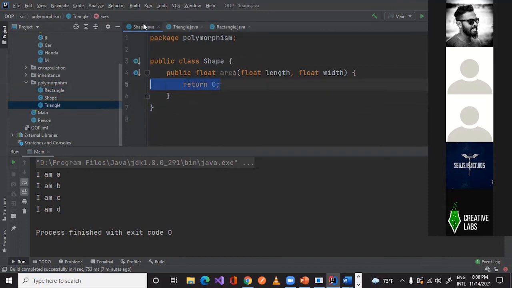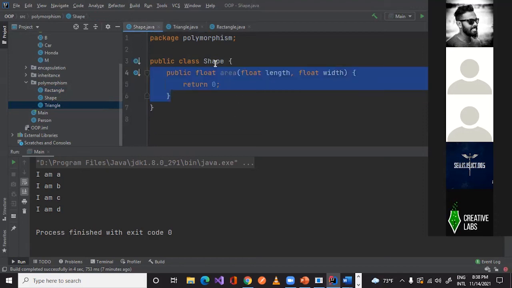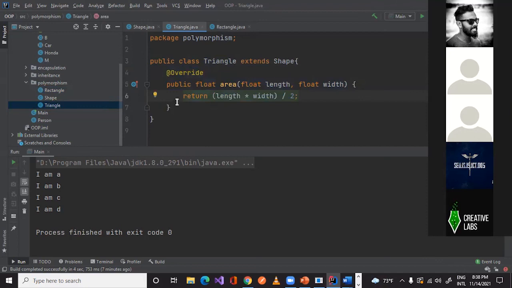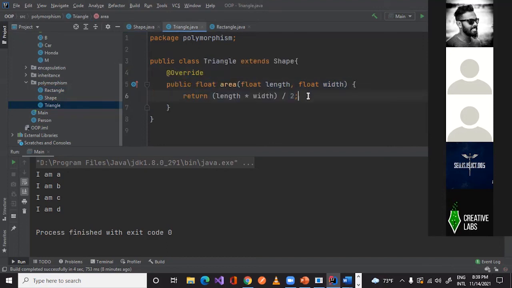So now we can see this one is written in different formats. That is called overriding. So overriding means same functionality, but the implementation inside the functionality is different. Are you clear about that? Yes. So same function name, same parameters and everything, but the implementation inside the method is different. So that is called override.